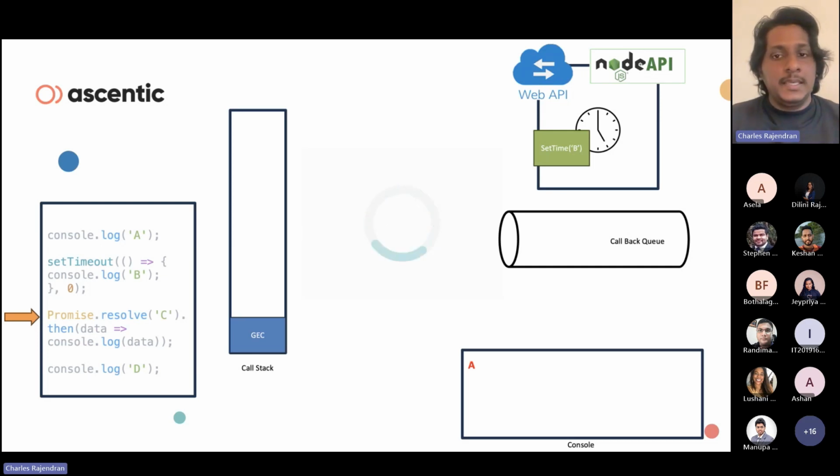So ideally, according to our previous understanding, what should happen is the promise result comes in and it will also be pushed to the callback queue, right? So we have setTimeout B in the callback queue, and the promise also in the same callback queue. According to the nature of a queue, stack is LIFO and queue is FIFO, first in, first out. So according to that, setTimeout has to come first, and then it has to return the promise one, right? But the thing is,